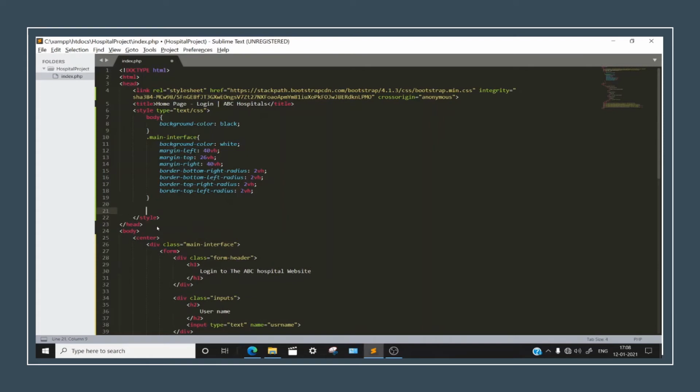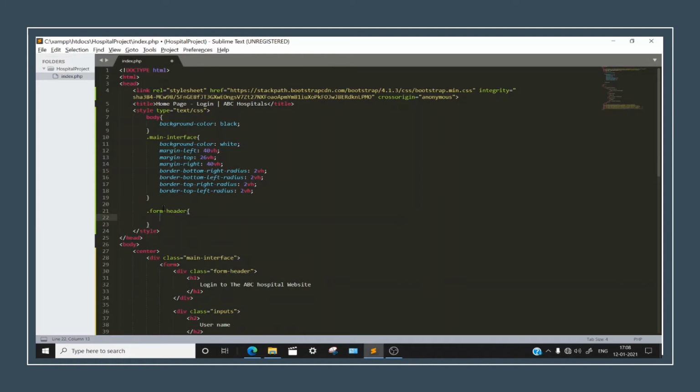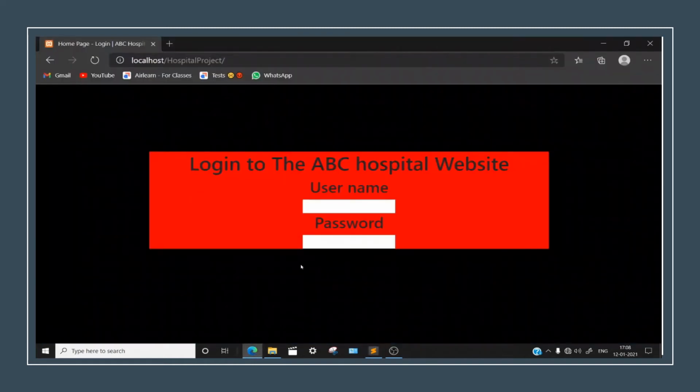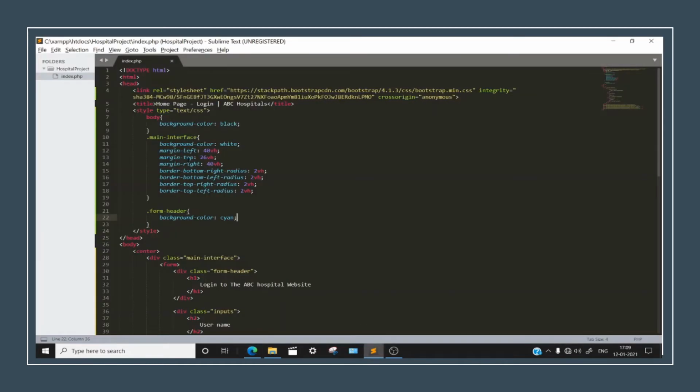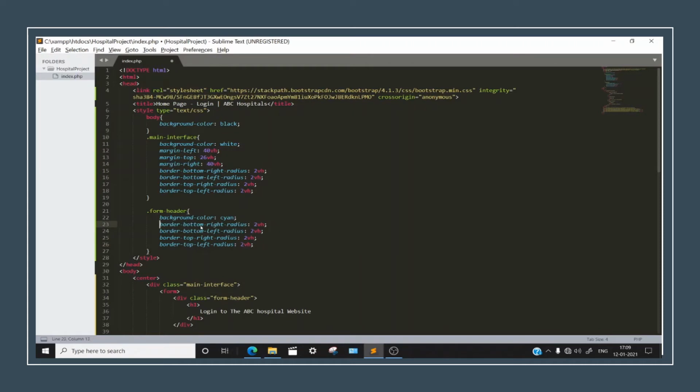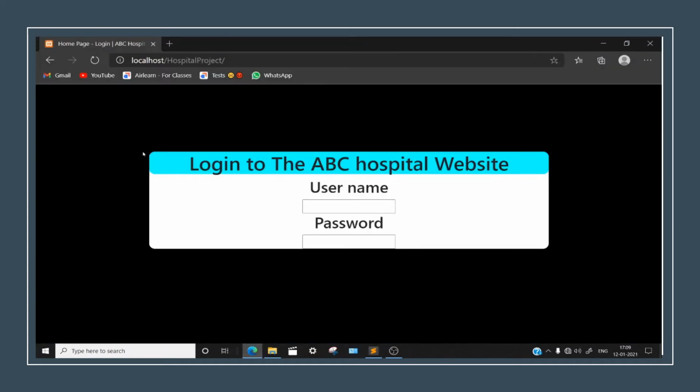Now next, let's head down to this form header. Let's see if this works, and if it does not work, then we will have another method. Okay, and dot form header. So for the form header, what we'll be doing is keeping the background as cyan. Okay, I know we all love to play Among Us, so it's really perfect, nice. It looks nice, right? Okay, so we can just skip this once again. Control C, Control V. All right. Okay, looks nice.